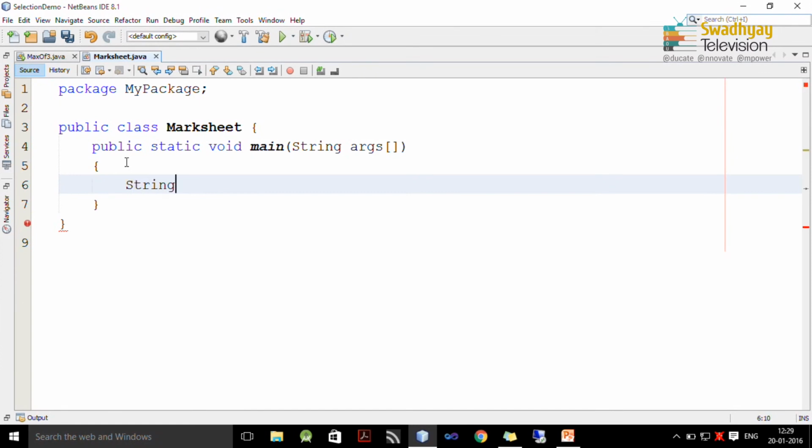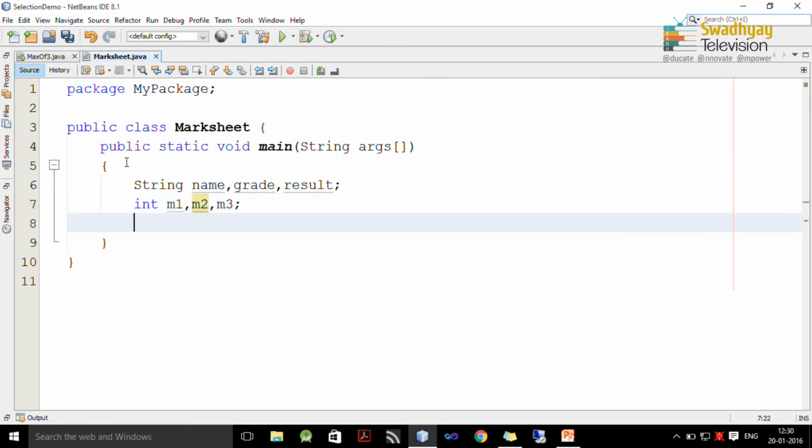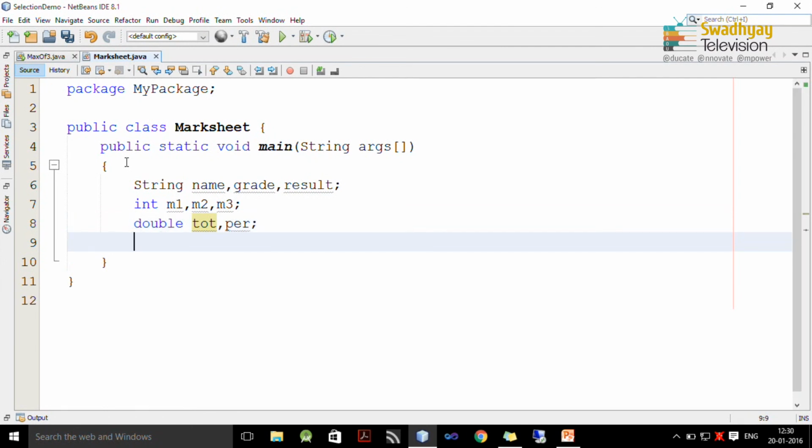Here I declare string variables which represent name of student, grade and result, and our marks as M1, M2 and M3 which represent marks in 3 subjects. We want to find out total and percentage which are of type double.